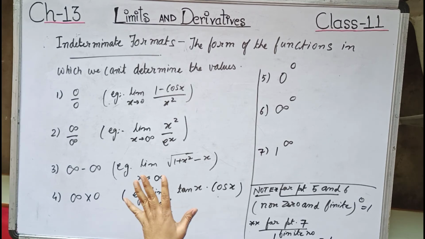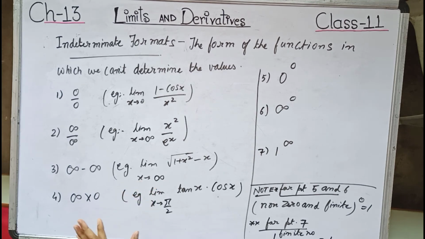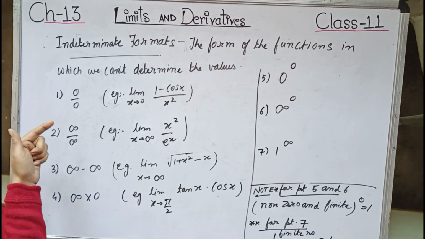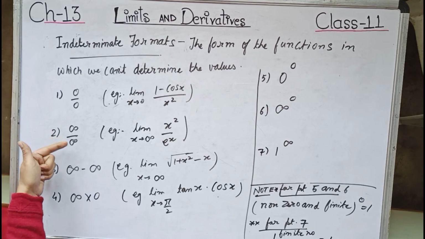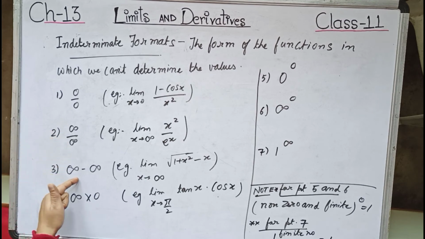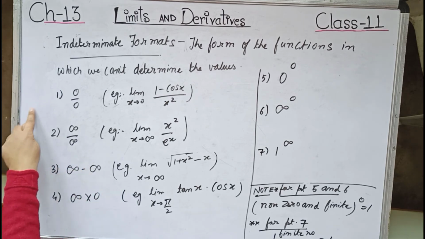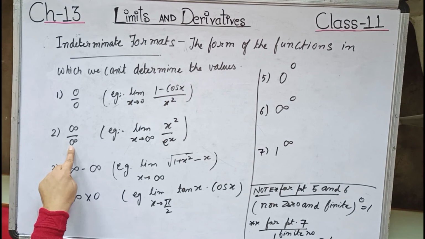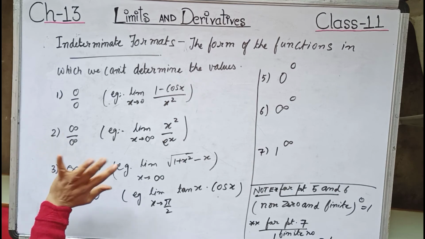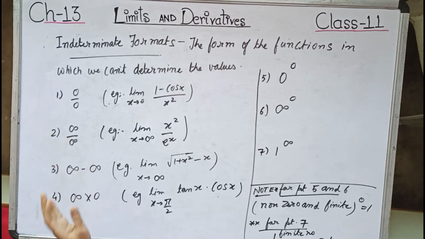So we are targeting now, the main concern over here is to know the indeterminate forms. So indeterminate forms, again I am repeating, are 0 by 0, infinity by infinity, infinity minus infinity, and infinity into 0 form. The first 4 forms. Now in these, the first 2, that is 0 by 0 and infinity by infinity forms, to some extent 90% of the questions in standard 11 you will be getting in these 2 forms only.